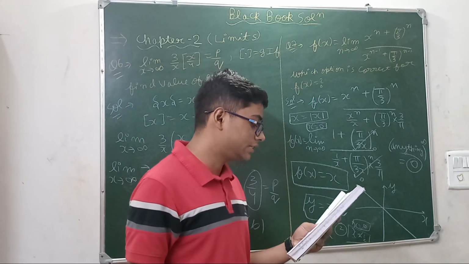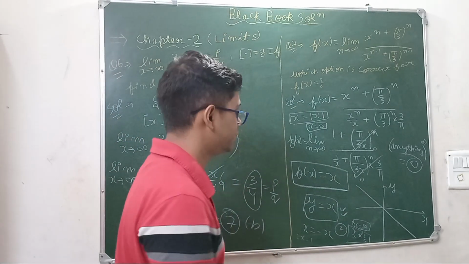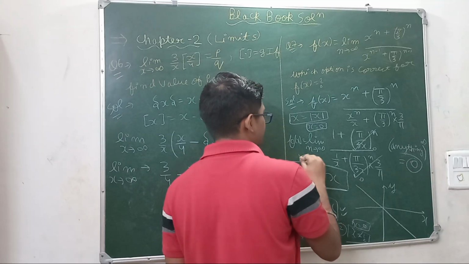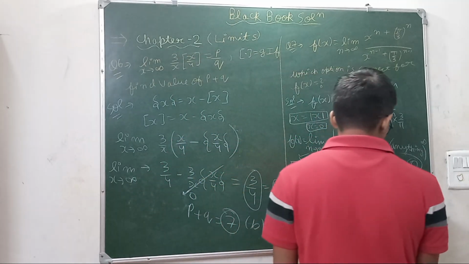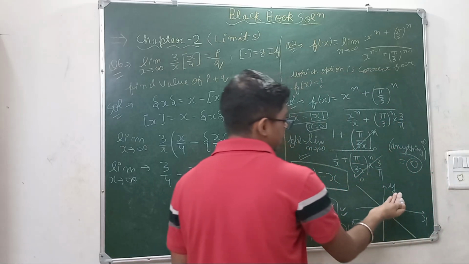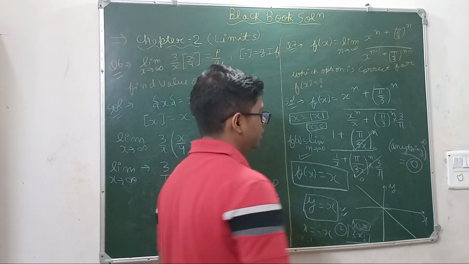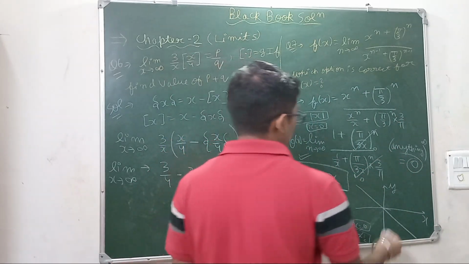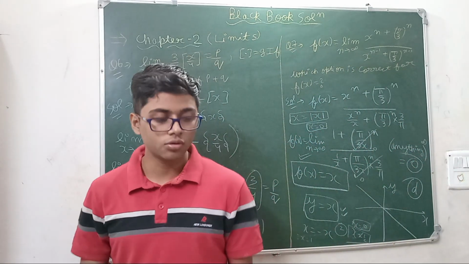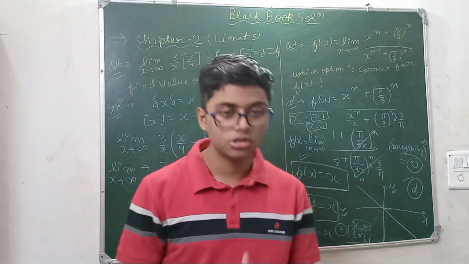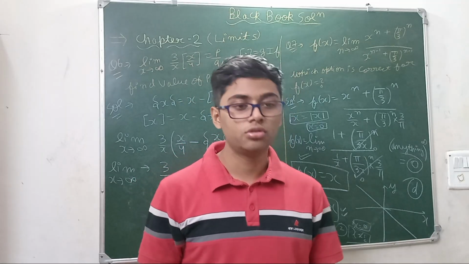Option D is saying f(x) is a one-one function for all x belonging to R. Yes, y is equal to x is a one-one function. We all know that, because it passes the mirror test. It is symmetric about the y-axis. So this is a one-one function. Means option D is correct for question number 7. So this was the question which was the combination of functions and limits. Now moving on to question number 8.